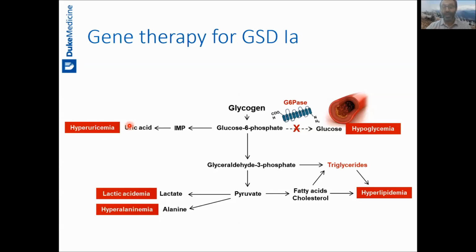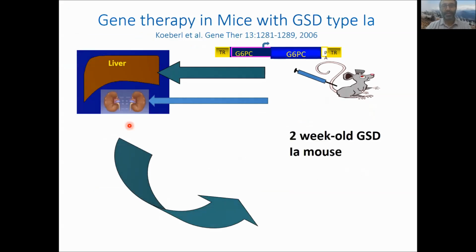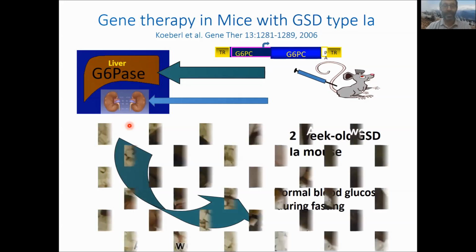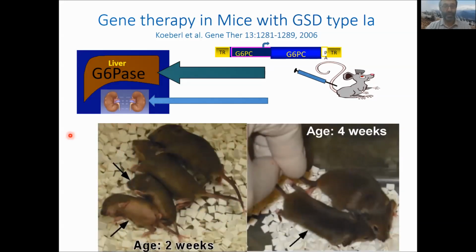So lots of biochemical abnormalities, and you can think of it as having lots of potential endpoints. So we did a study early on with an AAV to replace what's missing, G6PC, in the liver of a complete knockout mouse with GSD1A. And we found that over a couple of weeks, the mice developed normal blood glucose during fasting, and their phenotype improved markedly, where you see these